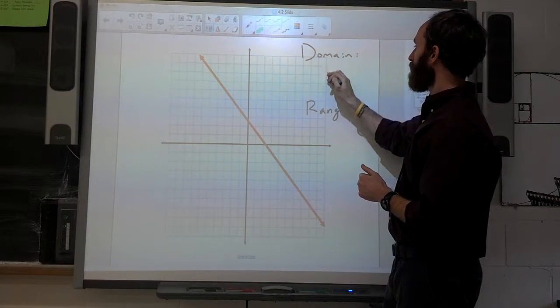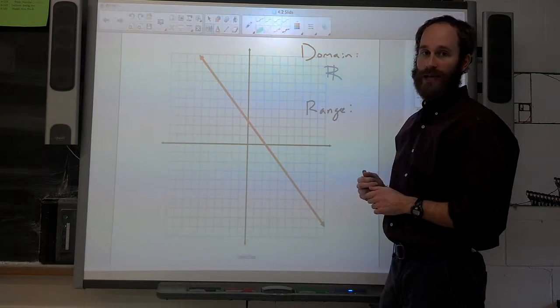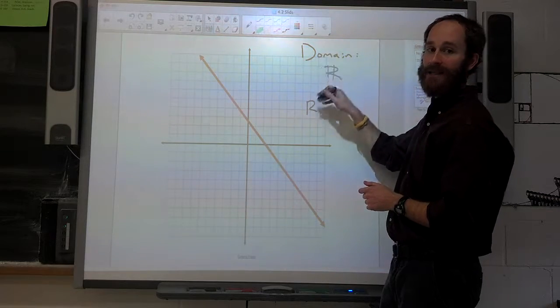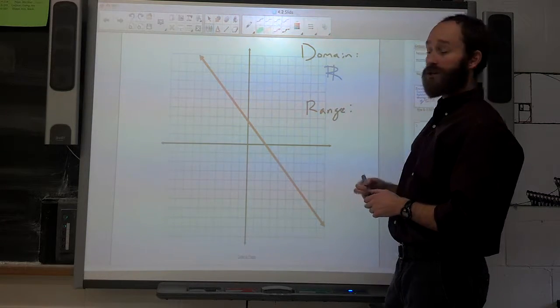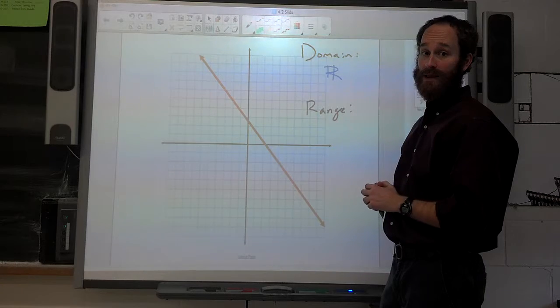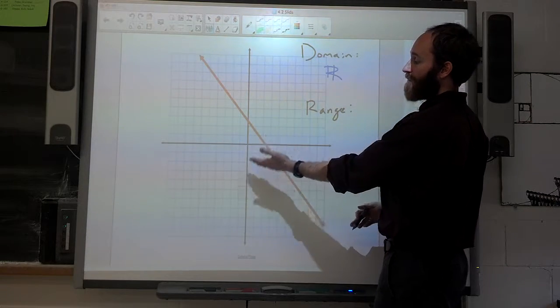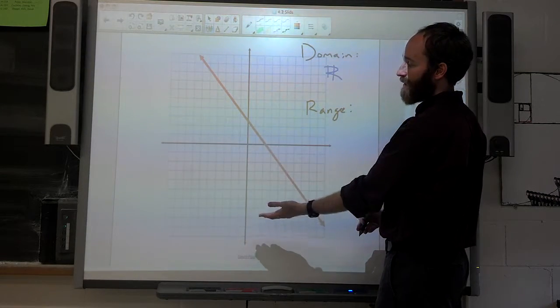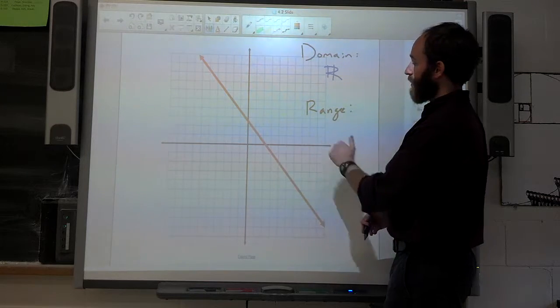For your domain, it will be all reals. That's your all real symbol. It's like an R with a line inside of it. Range, same thing. There's nothing that will make this range become undefined or a point where it doesn't exist or it stops somewhere like the picture of our circle that we had. So again,